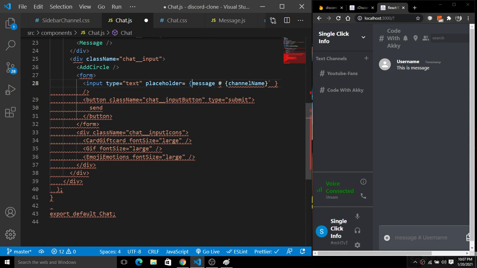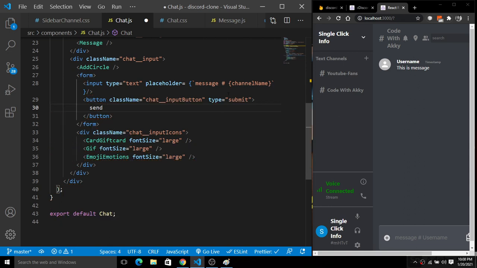Put a backtick here, and grab this backtick from here. Okay, fine. So we have this message here. Okay, so save this. As you guys can see, the username will be updated here also.